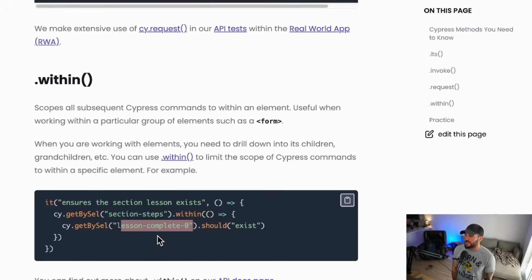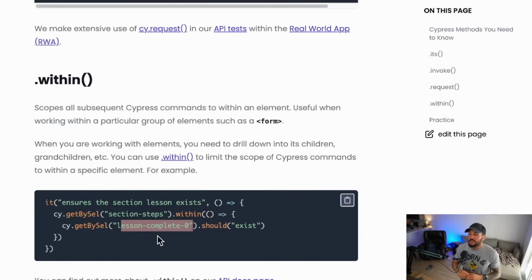So I think a potentially better example is, say you get a form within your web page and you want to get certain inputs within that form, but you don't want to make your queries to elements that are outside of that form. Like you don't want to accidentally be getting an input that is maybe in your nav bar, and maybe it's a search input within your nav bar, but you also have a search input within your form and you just want to get the one within your form. Well, you could use this .within method to only focus your queries or your Cypress commands on the element within